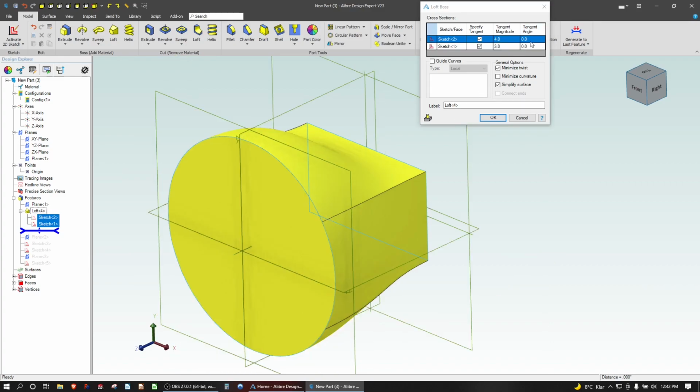All right, so that's tangent angle, tangent magnitude we've covered. We've covered specify tangent, guide curves. I think we talked about minimize twist. I think we've talked about everything on this menu. So of course you're not limited to just lofting from one sketch to the other. You can do as many sketches as you want. And when you go to loft, I think some of the main